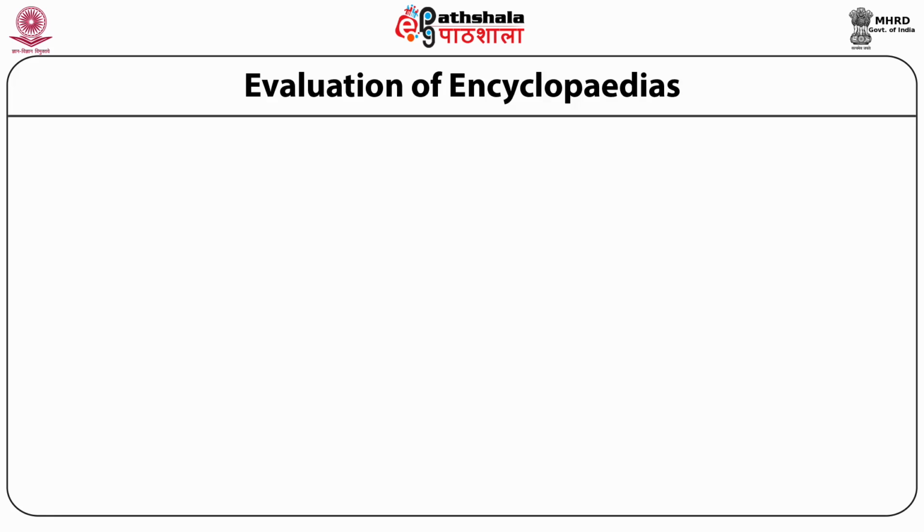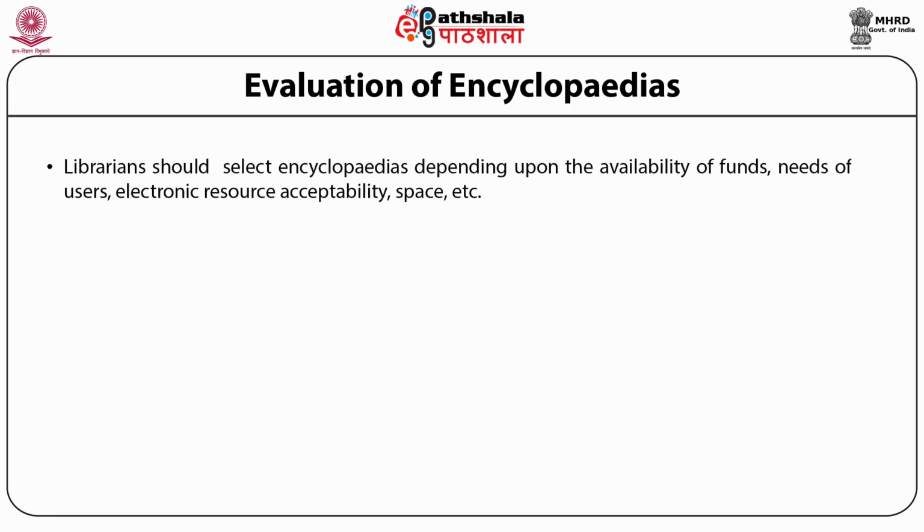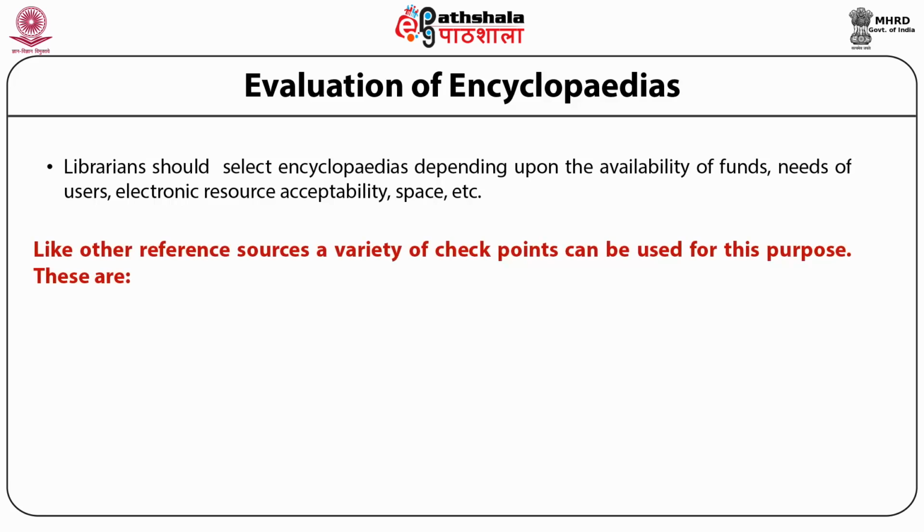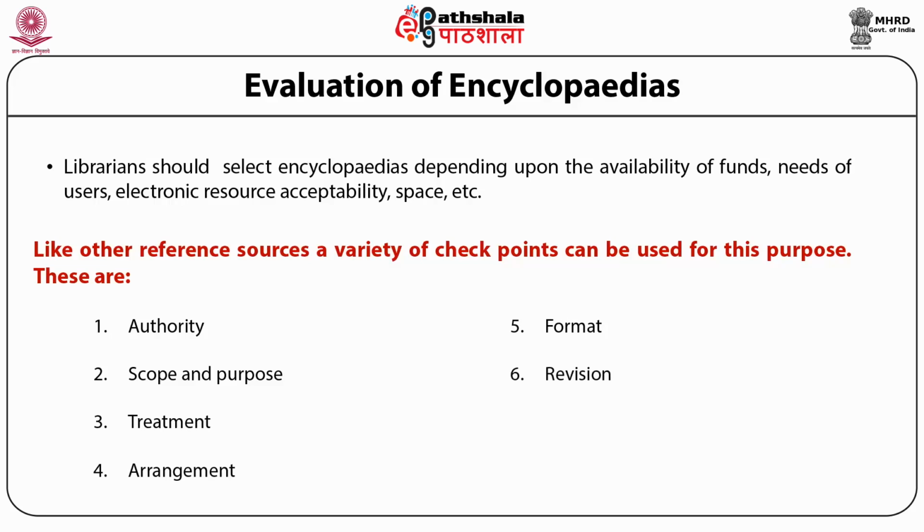For evaluation of encyclopedias, librarians should select encyclopedias depending upon the availability of funds, need of their users, electronic resource acceptability, space, etc. Like other reference sources, a variety of checkpoints can be used for this purpose. These are: firstly, authority; secondly, scope and purpose; thirdly, treatment; fourthly, arrangement; fifthly, format; sixthly, revision; seventhly, limitation; and eighthly,